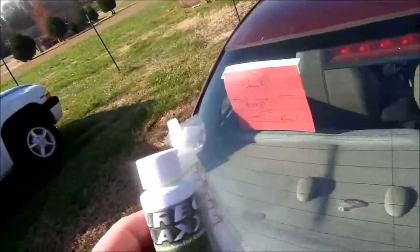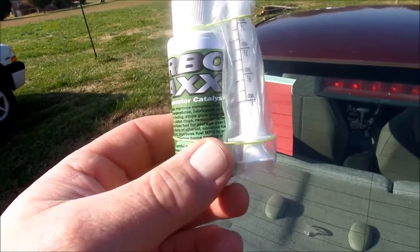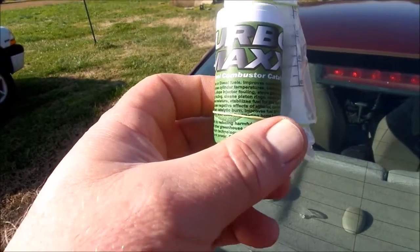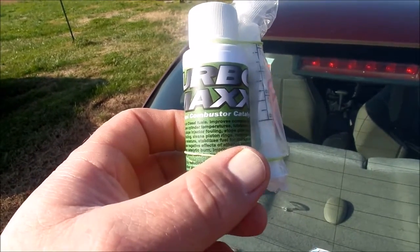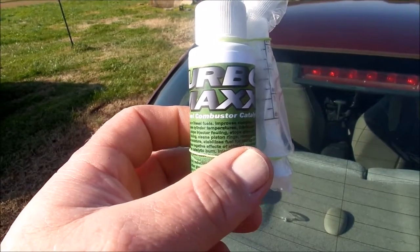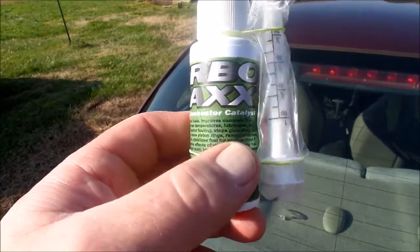And then we used the Turbo Maxx C4 fuel combustor catalyst. In the fuel, we used 1 milliliter to every 3 gallons of fuel, just like we prescribed. And what this does is it changes the molecular structure of the fuel, creates much less hydrocarbons and NOx gases, and reduces greenhouse gases by about 90%. And the process that it goes through to do that is it lowers the combustion temperature and lubricates the cylinder,